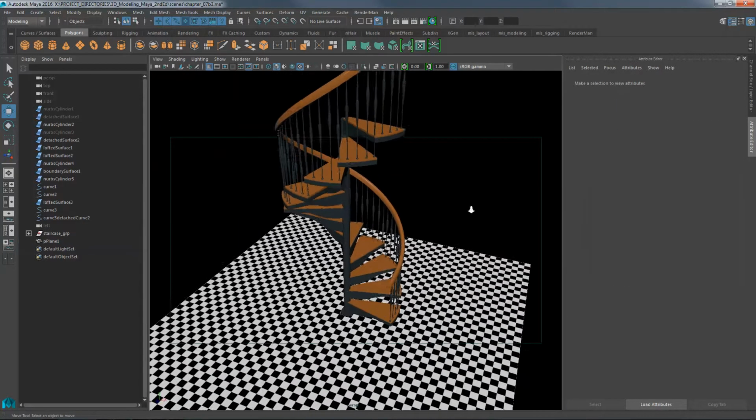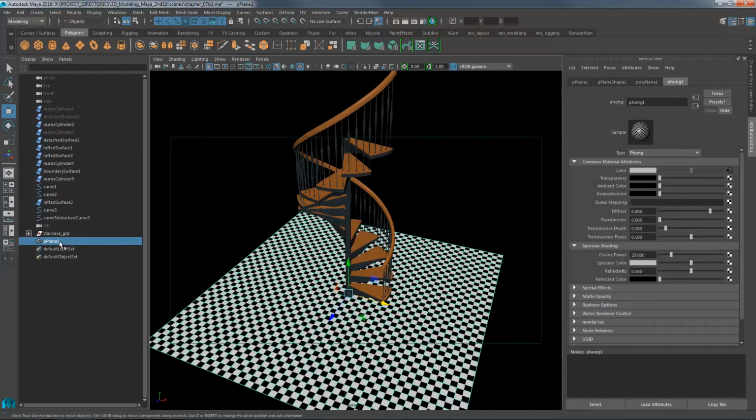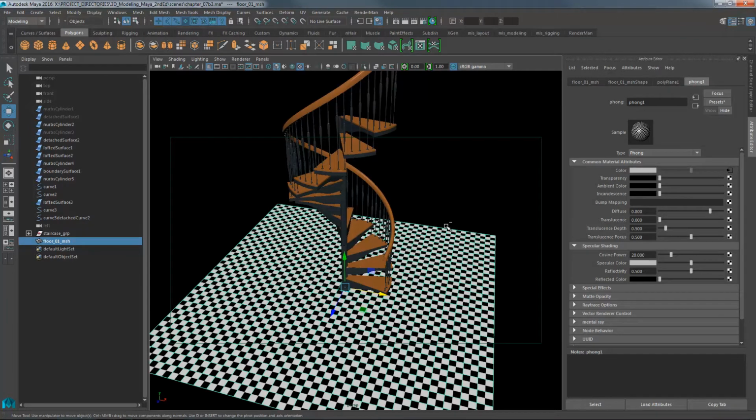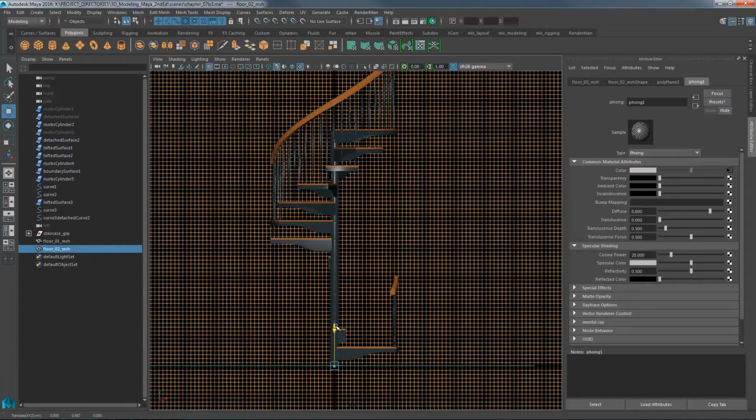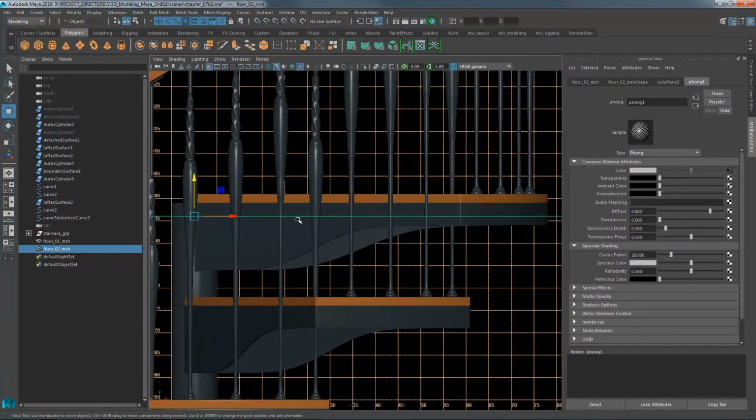This is what I have so far. Name that object floor. Floor 1. Duplicate it. Make that floor 2. Move floor 2 straight up and snap it to the grid unit